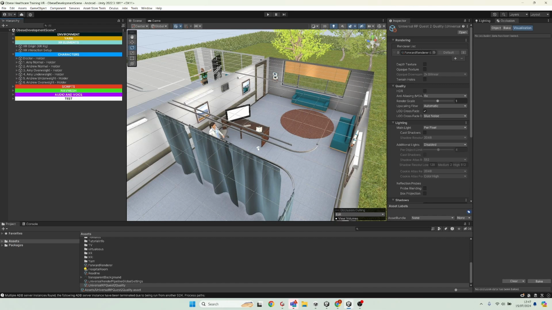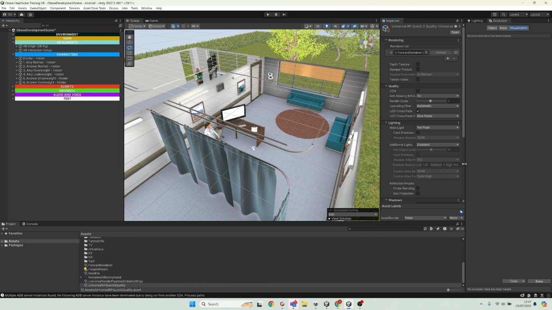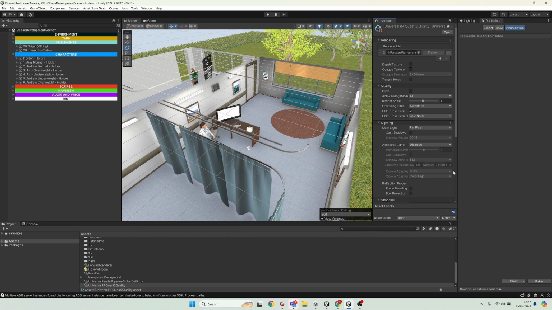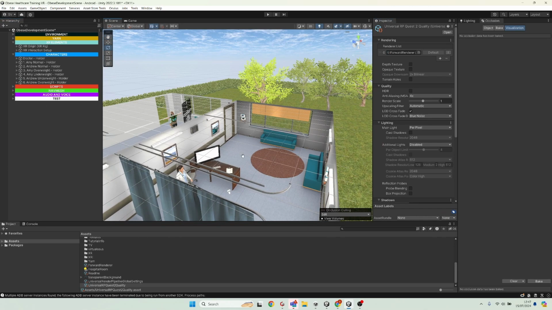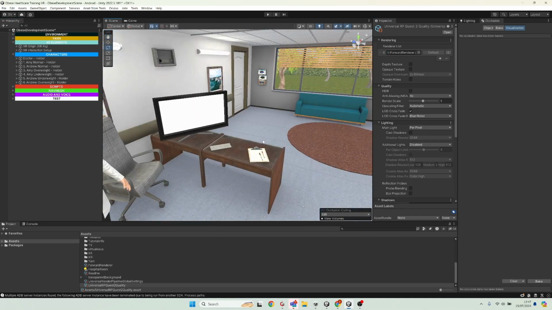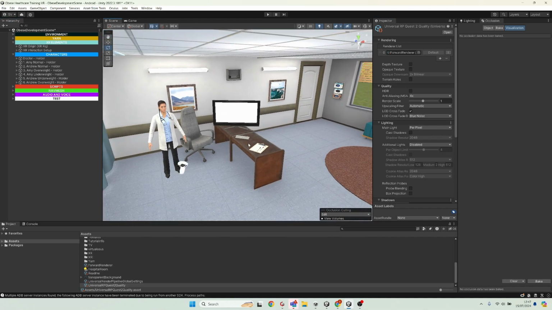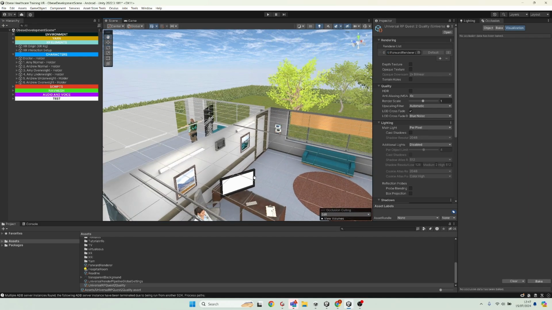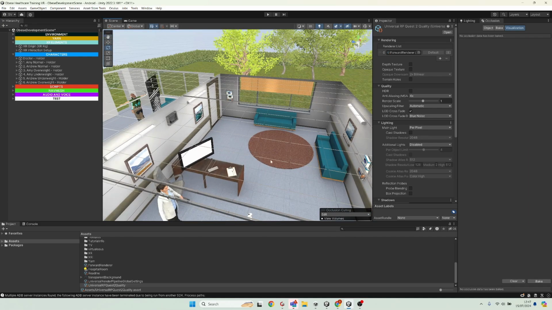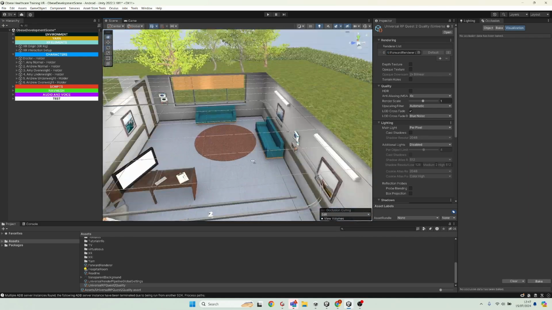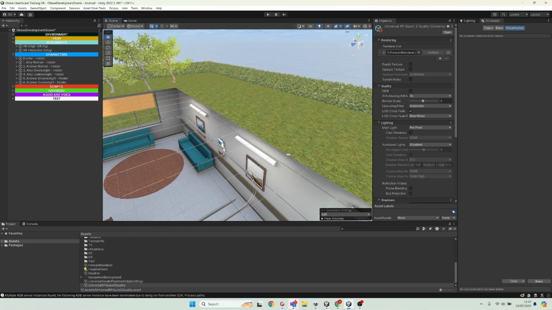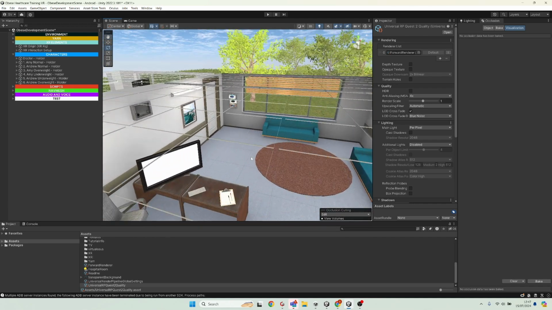Hi gents, so just want to show you the occlusion culling stuff I was talking about and a couple of other bits that will help optimize for Quest. So in this scene here that I've got, obviously just a doctor's area and a bit of outdoors,